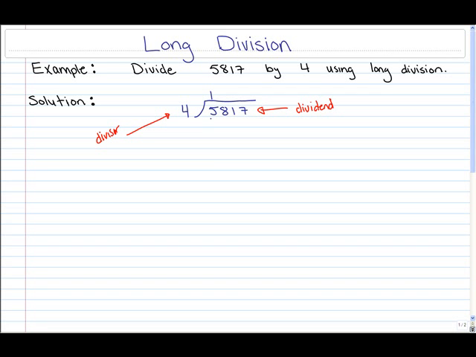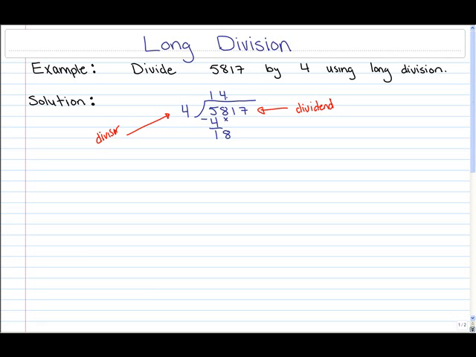So 4 times 1 gives us 4, and what we do then is subtract the two numbers 5 and 4. So 5 minus 4 gives us 1, and our next step is to bring down the next number in the dividend. Well, the next number in the dividend is the 8, so the 8 is going to be brought down next to the 1. Now you can either put an arrow there, or some instructors like you to put an X there, telling the reader that you're bringing the 8 down, or letting yourself know that you're bringing the 8 down. Now 4 can go into 18 4 times evenly, so we're going to put a 4 up above the